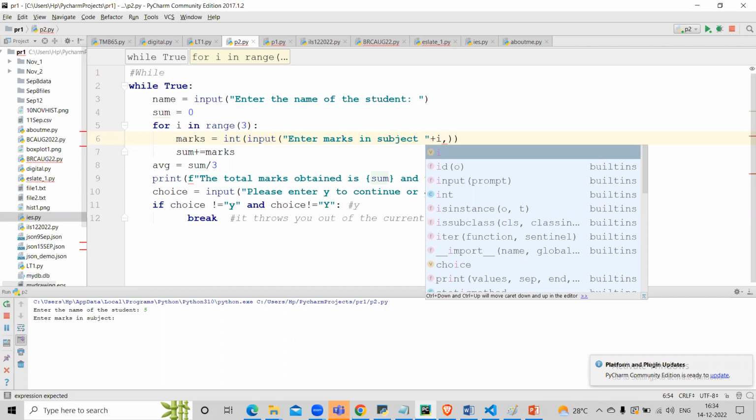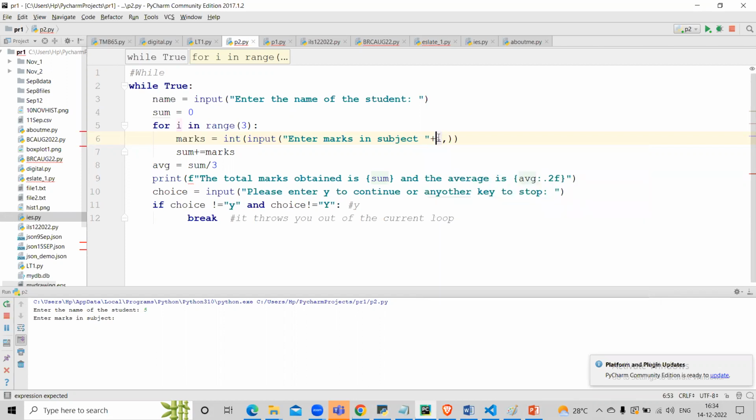But the I which I've given is an integer value, right? So if you try to add an integer to a string, it will not work. So we have to convert this integer into a string. How do we convert this integer into a string? We discussed yesterday, str of. If you want to convert anything into a string, you have to say str of that variable. So if I say str of I,